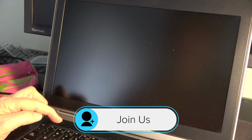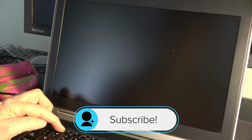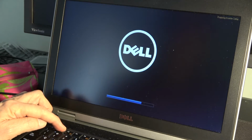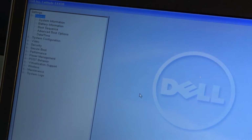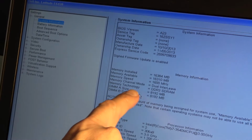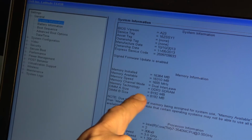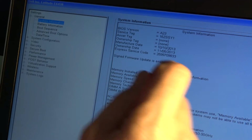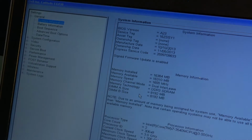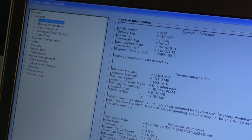With the laptop assembled, we turn on the power. We're going to go with F2 because we want to go into the BIOS and just make sure that the memory is seen. System information. If we look, we see DIMM A is 8, DIMM B is 8192. So that's our 16 gigs of memory, available memory, 16. So the BIOS sees it and we're in great shape, so we can exit out of here and just let